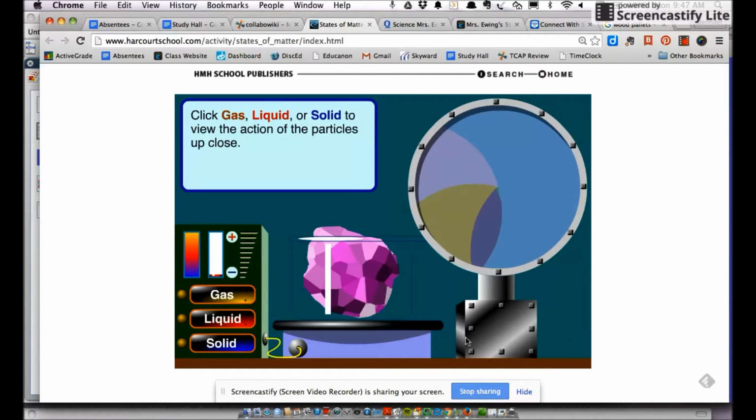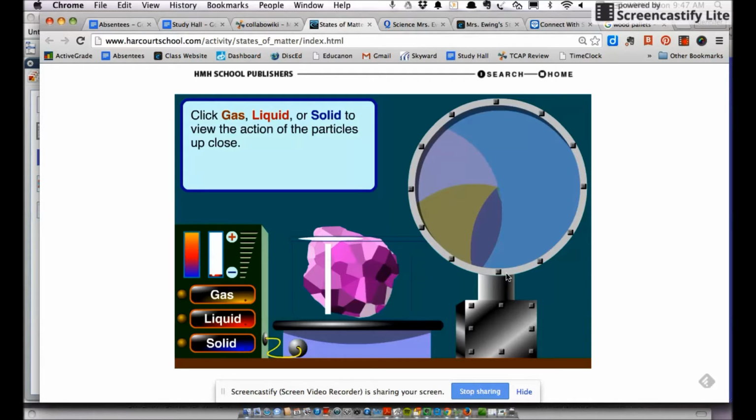Now, notice how we've got this beaker here, and there's something in it. Can you tell whether it's a solid, liquid, or gas? What is it? A solid. How do you know it's a solid? What tipped you off that this is a solid in this beaker? Yes, it's held together. What else? It has its own shape, doesn't it? So right away, if I see something that's held together with its own shape, I know it's a solid. So the way this website works is I'm going to click on solid,